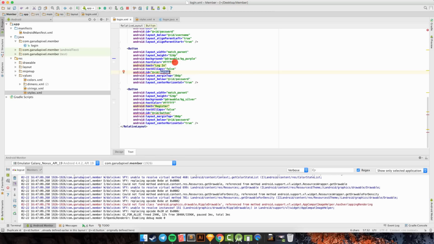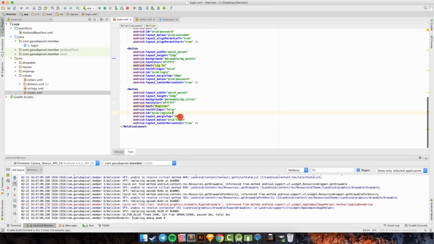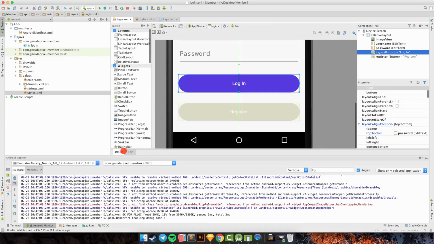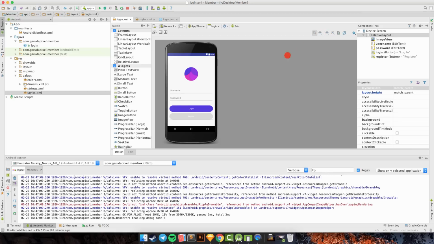We can get the name, it's login, and we can check login, and this is the register ID, and then we can set margin top to 10. Okay, so we have the login and register here.